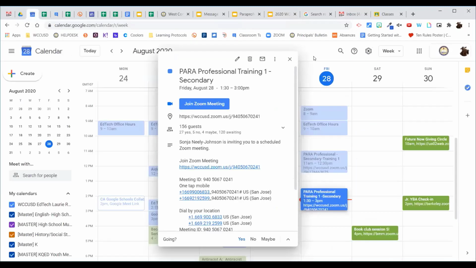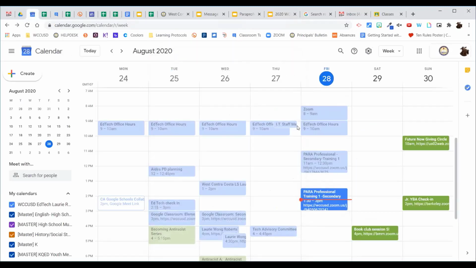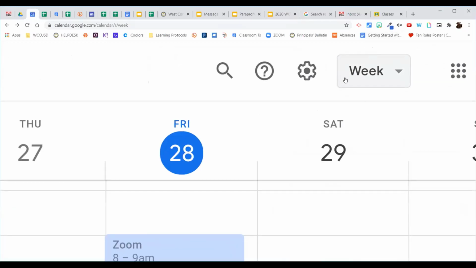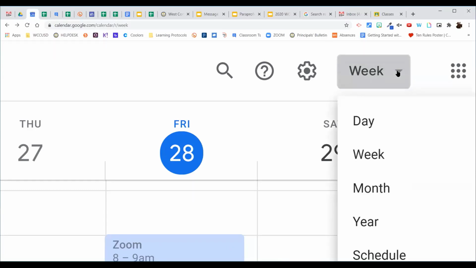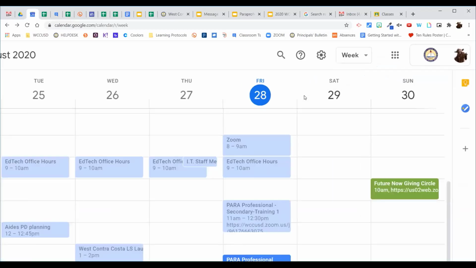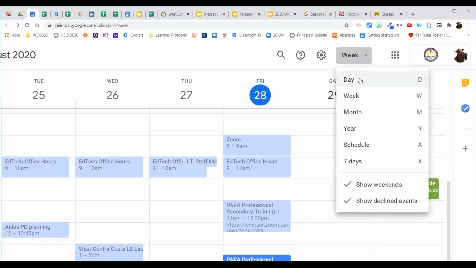I'll show you mine. So this is Google Calendar, and you can actually change the view. Week is my favorite way to look at this. As you can see up here, right next to the waffle, up in the upper right-hand corner, there's this lovely little box. And if I click on it, I get some choices. Let me make this a little smaller here. I can see it by day, so I'd only see one day at a time. By week, which is what you're looking at right now. I can see the whole month, which gets a little complicated, and year gets really complicated. So there are different ways to look at it.